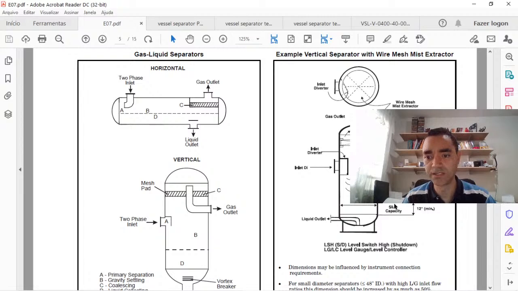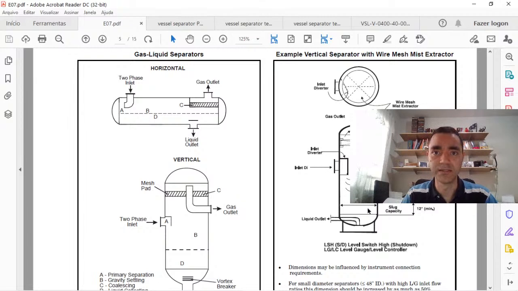We need to consider space to hold the liquid content, a space for the alarm level, and a space for the high alarm and shutdown levels. The volume that we consider will depend on the standards that you are following,